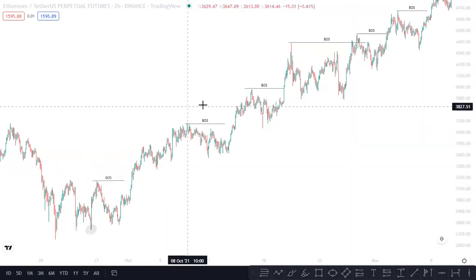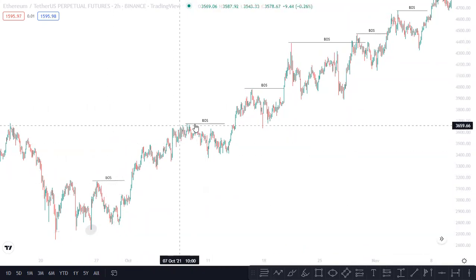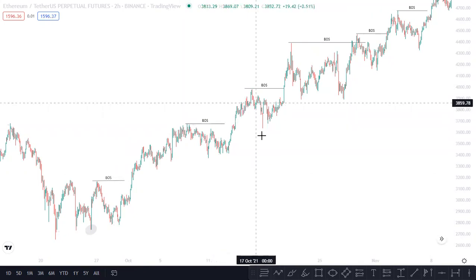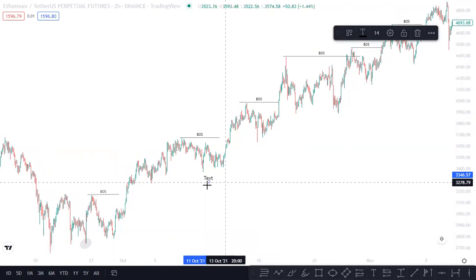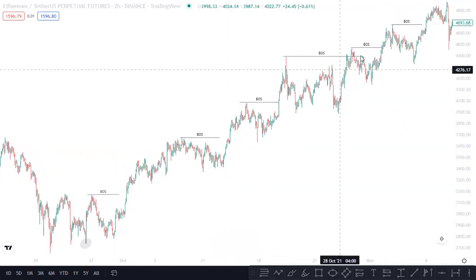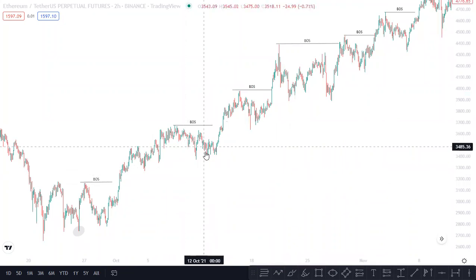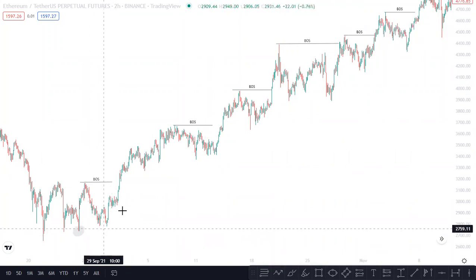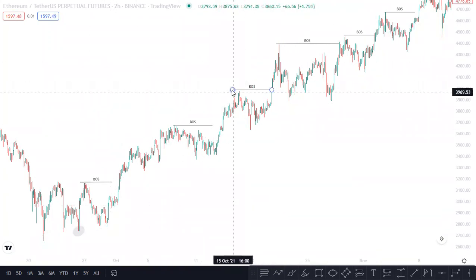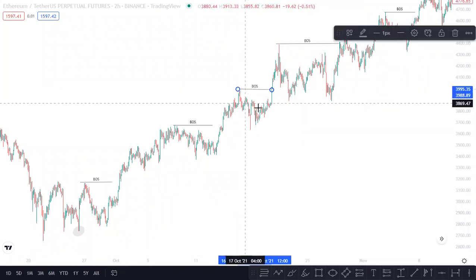So when trying to spot a break of market structure in your chart, first of all, identify your highs and lows, right? Identify your higher highs and your higher lows in the chart. Please, as you're trying to become an analyst before you turn to a trader, don't go and be marking all the higher highs on your chart. Just try to make your chart as neat as possible in your markings, right? So you should be able to train your eyesight, so that when you come to the chart, at least you can see those higher highs and higher lows without having to map them out on your chart. But then if you are a slow learner, yeah, you can be mapping them until you tend to grasp them one time.